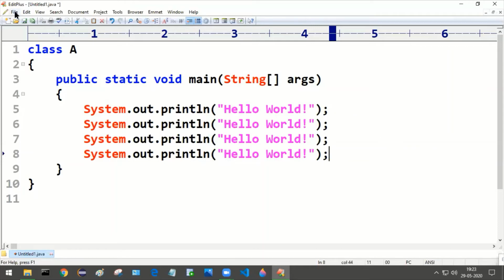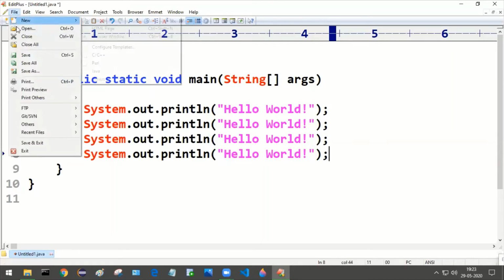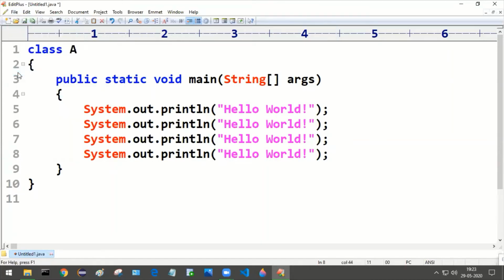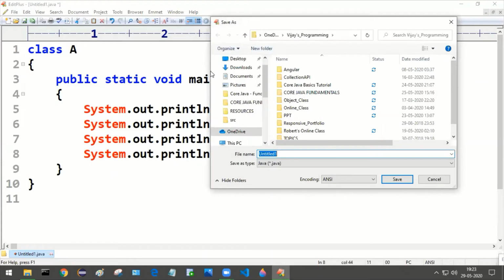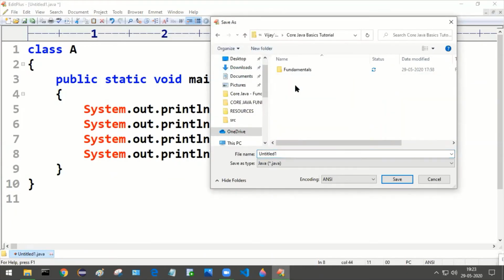Now save this file, click on File, click on Save As. I'm going to save this inside the core Java basics tutorial fundamentals folder, inside src. What is the name of this file?